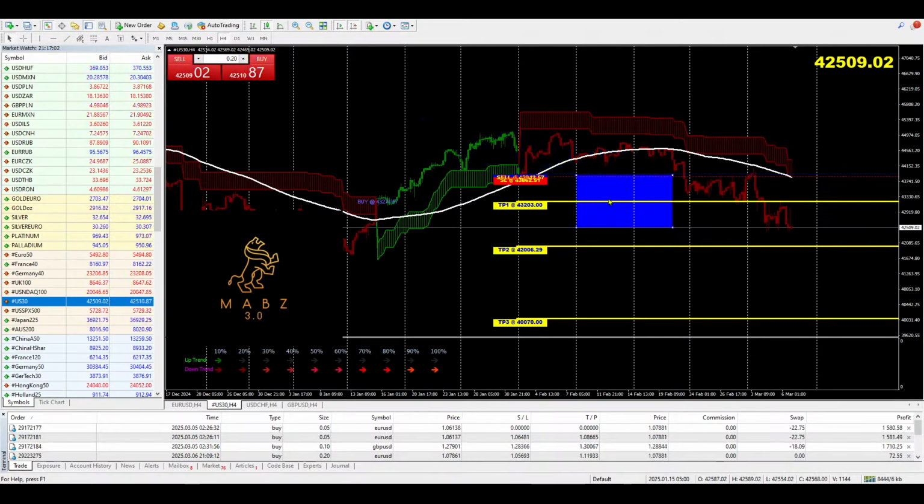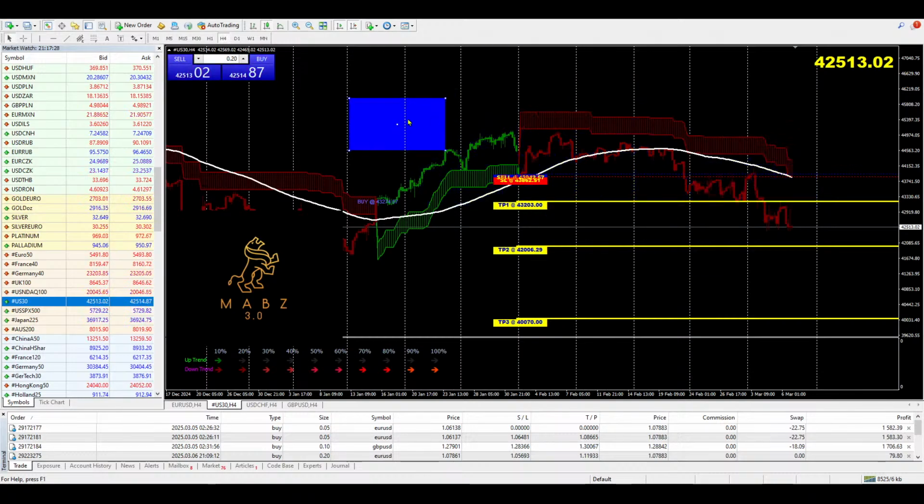Okay, so this chart that you're looking at, this is the US 30. It's in a clear downtrend. You guys can see that. The market is underneath the 100 moving average, which suggests that this is a bearish market. The volatility meter is more than 70%, which suggests that these trading levels are correct. So if we were to enter into this trade, we would actually sell, target TP2 and TP3, and then we'd use the stop loss that the system gives us.